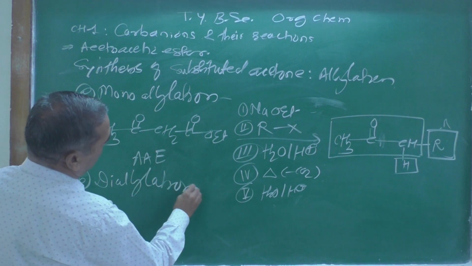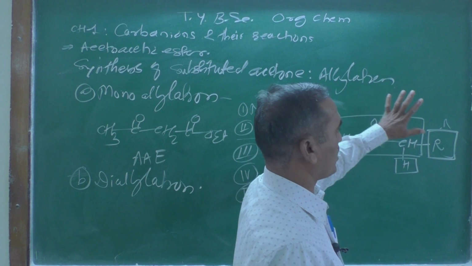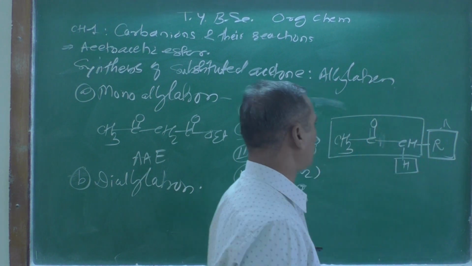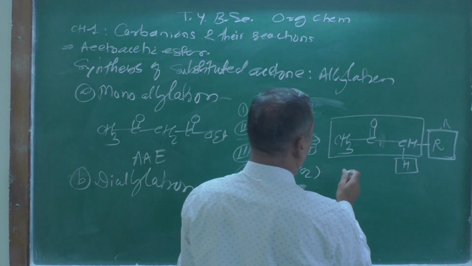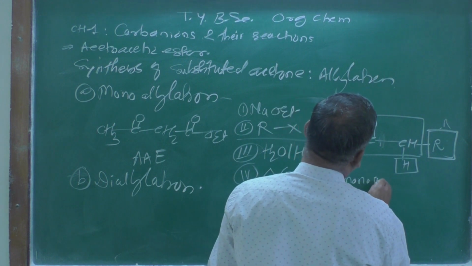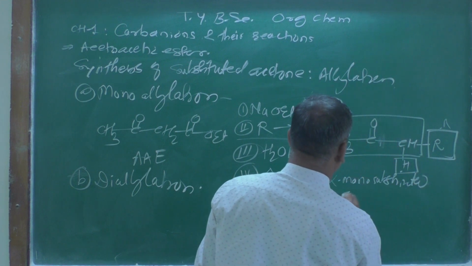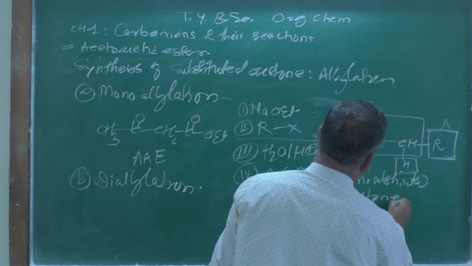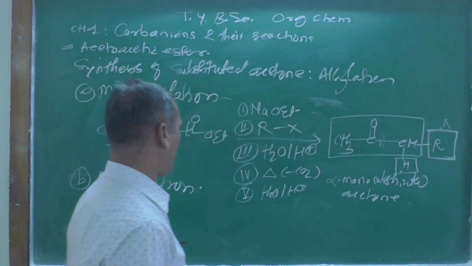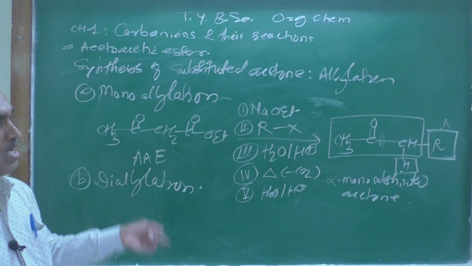Dialkylation. One more point I am going to mention over here, this one is called a monosubstituted acetone, or we can call it an alpha monosubstituted acetone, and now dialkylation is nothing but an alpha